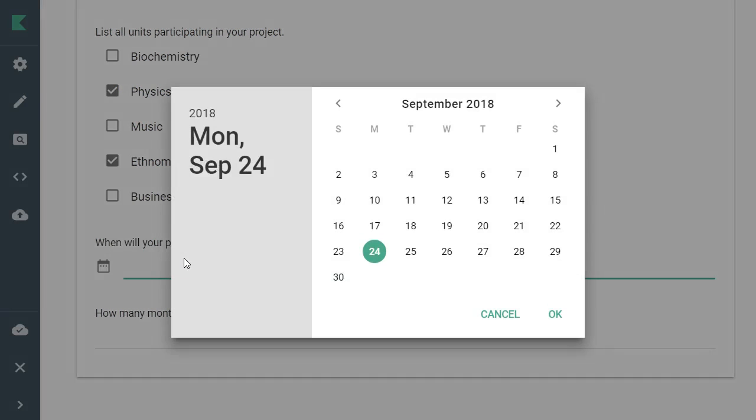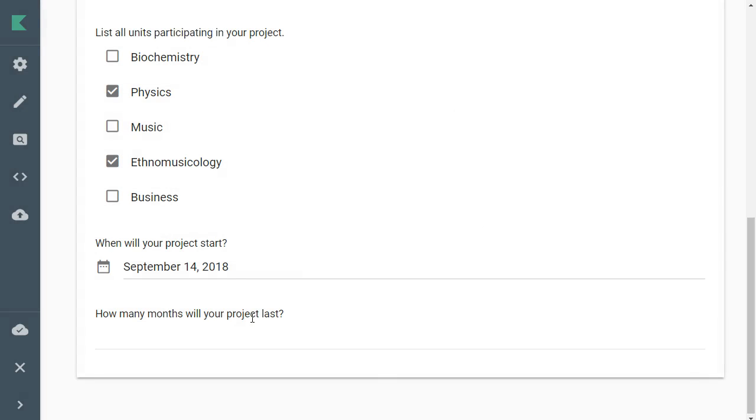And then when I click on when will the project start, I'm given a date selector. And so I can choose the date that my project will start, and then I can either use the arrows to select a number. They're a little bit small though, so I can also just type in the number as necessary. I hope this was useful as a brief introduction to the options that are available in gadgets and the